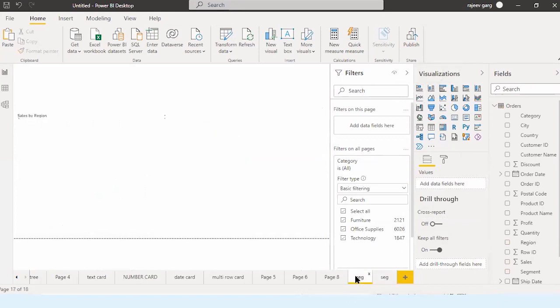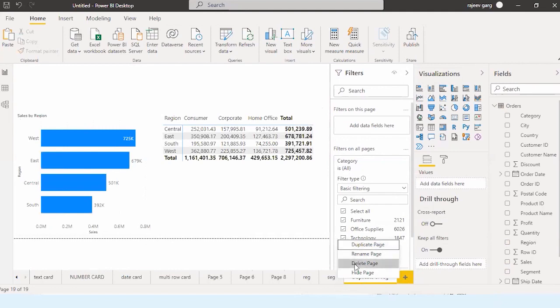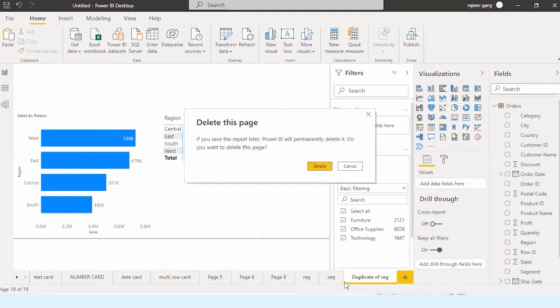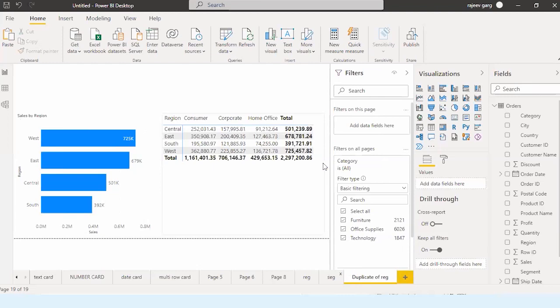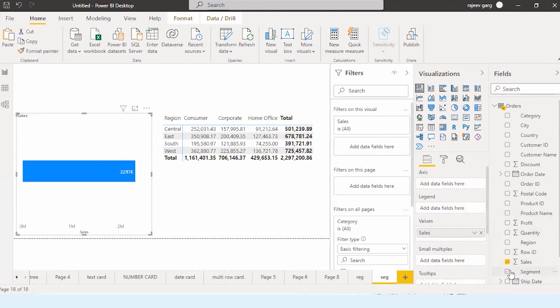Or I can just duplicate it to make this thing easier. Here instead of region, I would like to put the segment by sales.